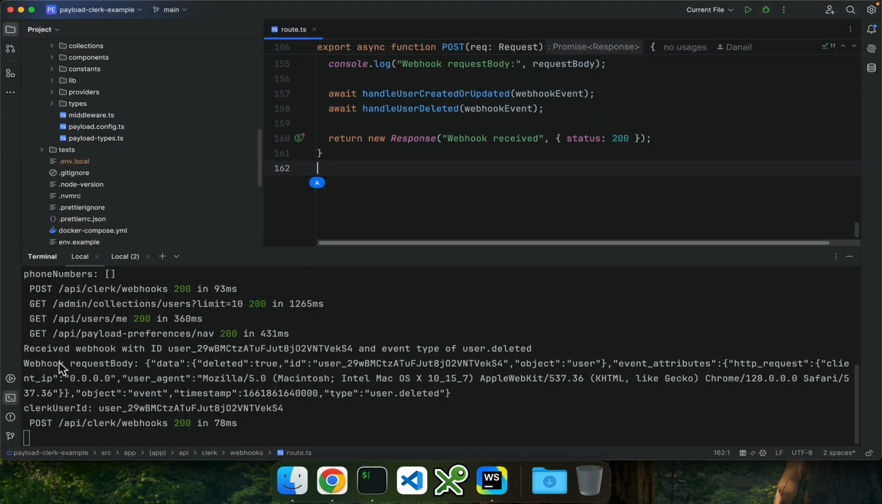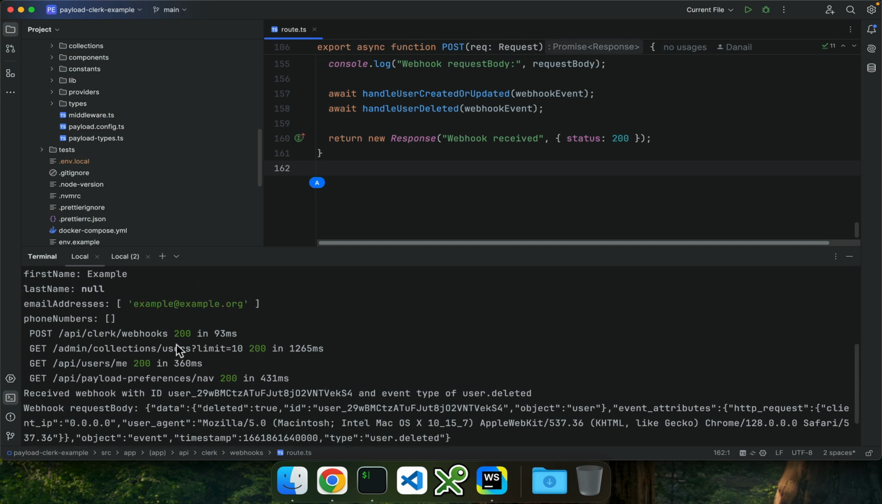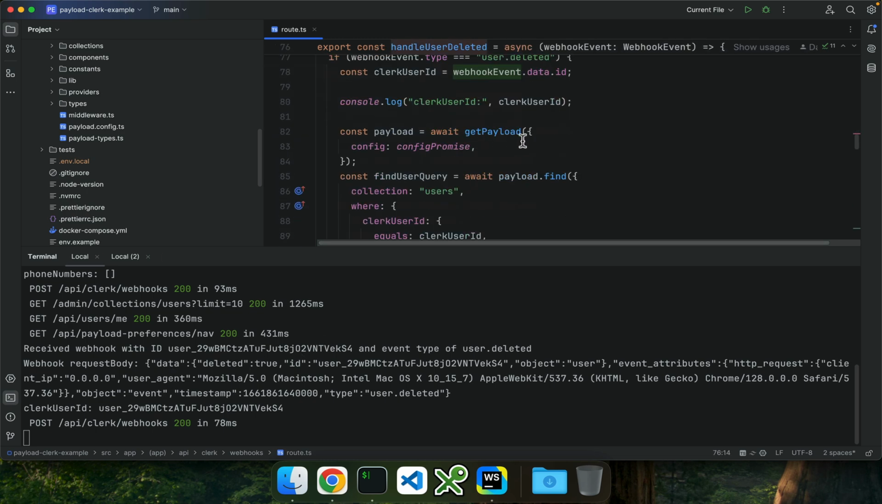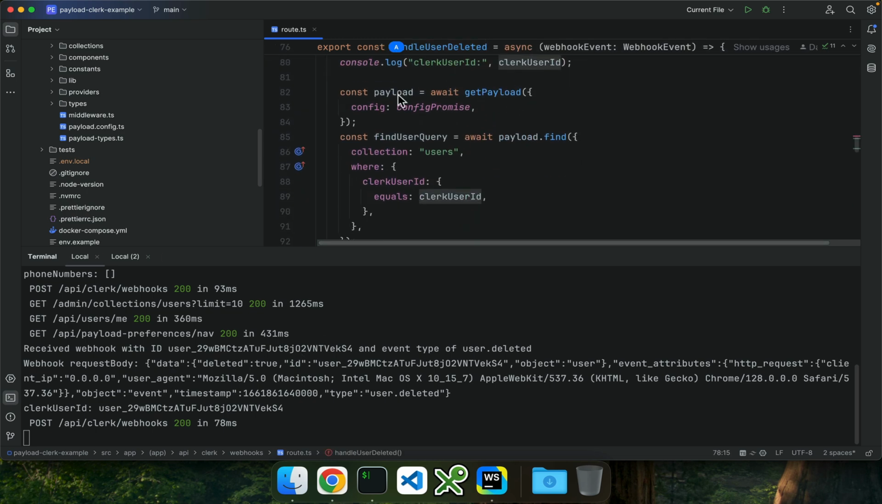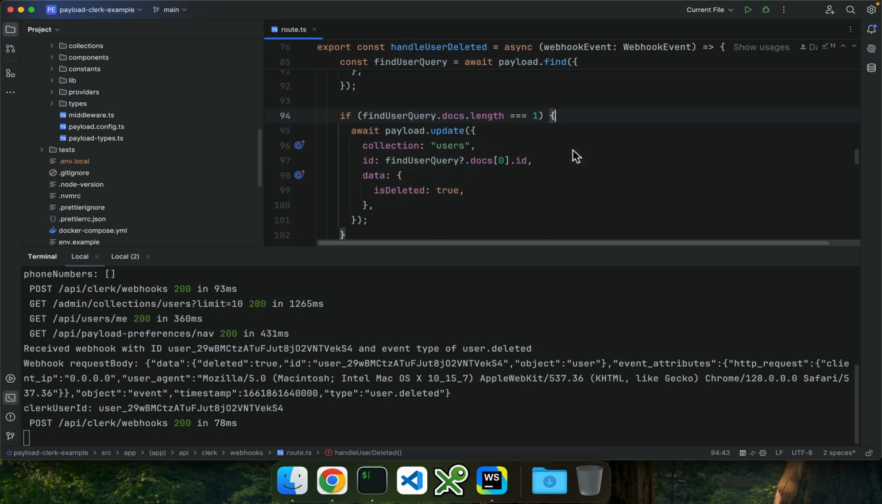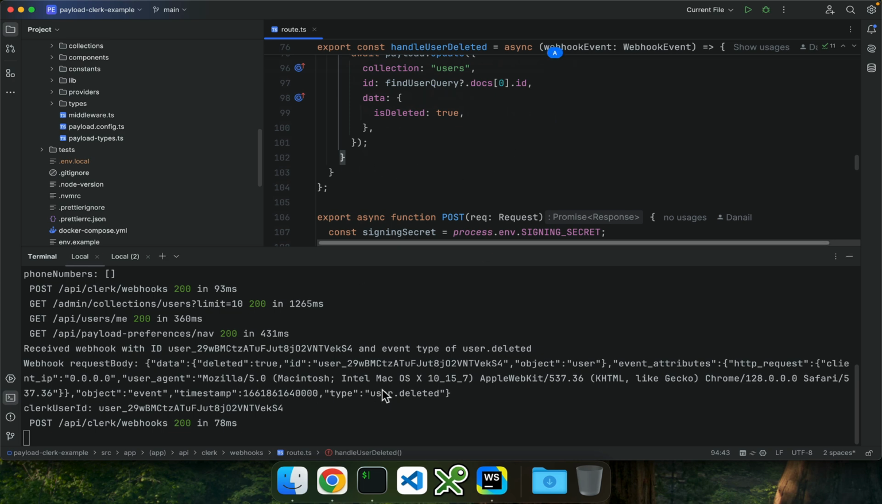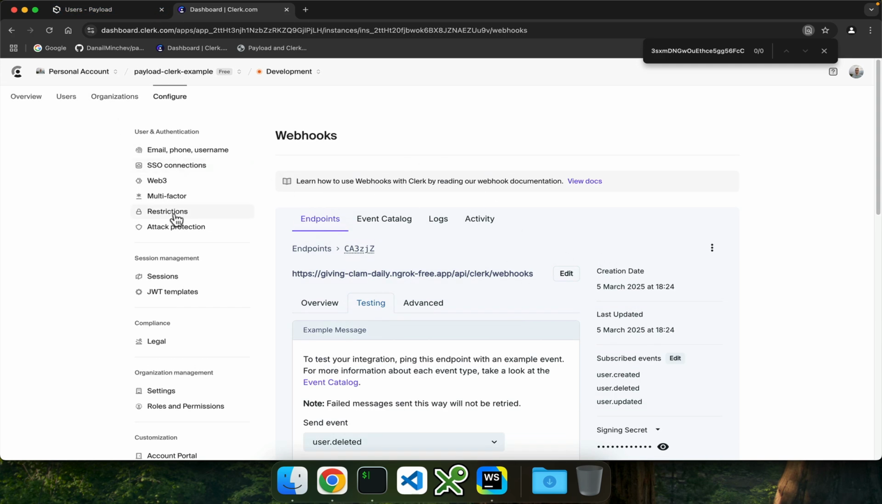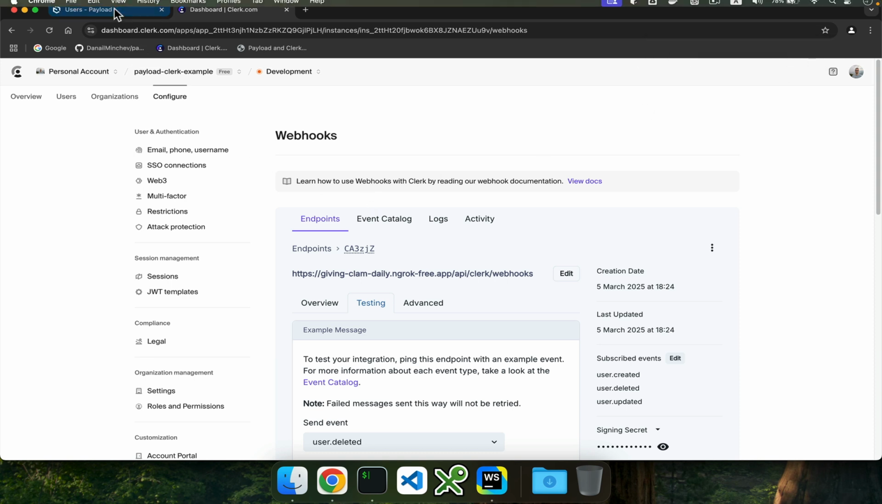we should see webhook received actually, and then we are deleting the user, but because when we look in the database, when we execute the find user query, it is actually not found, so we just return. So you can test with real users if you enable this in production, and basically that's the whole functionality for